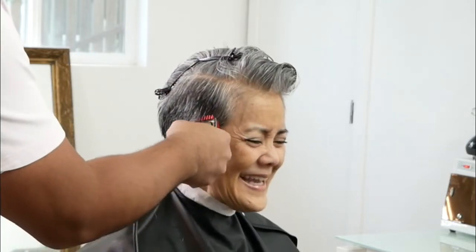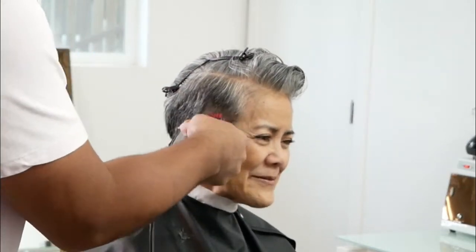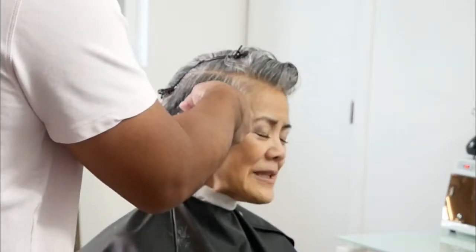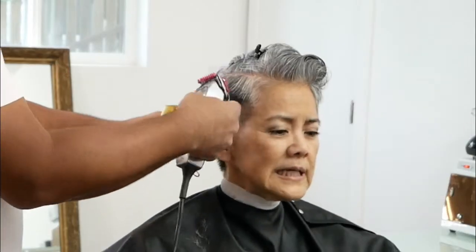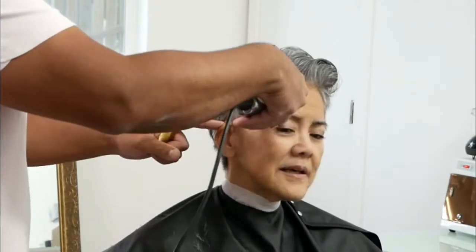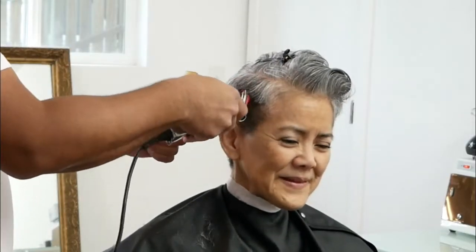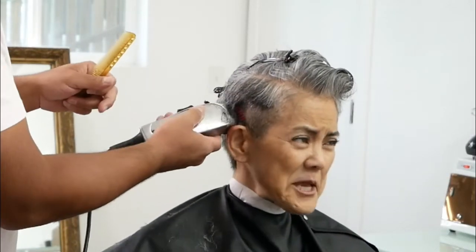Back for another haircut. As you can see, what I've already done is I've sectioned off the top. You can see the top is being held up with some clips. We're going to have some disconnection between the right side, which is what I'm cutting right now, and the top. Once I've completed cutting the right side, then I'm going to take the top and let it hang over the